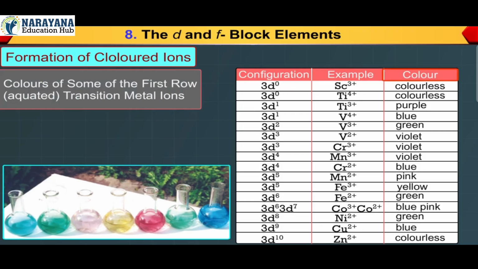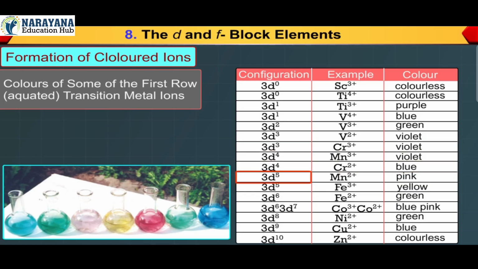Configuration, example, color: 3d0, Sc3+, colorless. 3d0, Ti4+, colorless. 3d1, Ti3+, purple. 3d1, V4+, blue. 3d2, V3+, green. 3d3, V2+, violet. 3d3, Cr3+, violet. 3d4, Mn3+, violet. 3d4, Cr2+,